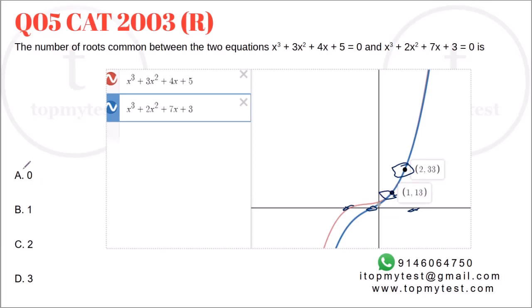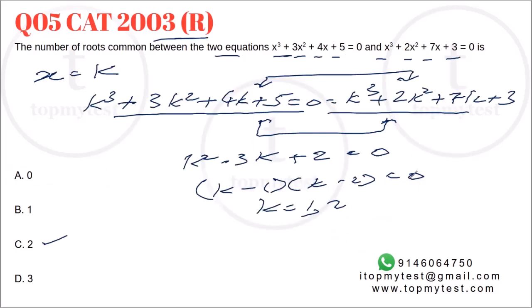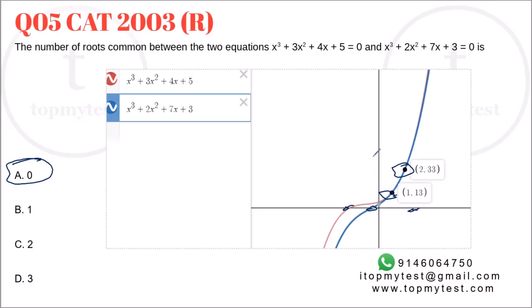So the correct answer to this is actually 0, not 2. It's a brilliant question which actually tells you not to jump into conclusions too quickly. You have done most of the work over here. You found out where the two graphs intersect, but for it to be a common root, it should also intersect at the point where y is equal to 0, or the x-axis. So this by itself will not give you common roots. You also have to put it back into the original equation and check whether it actually ends up in 0.